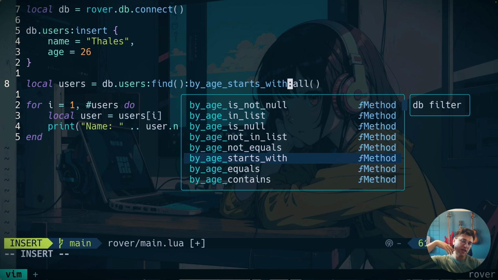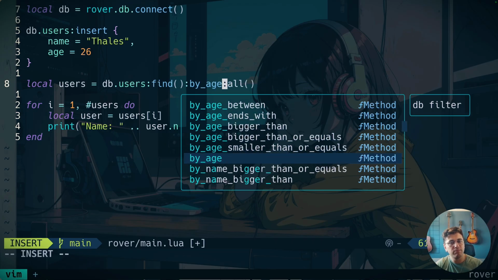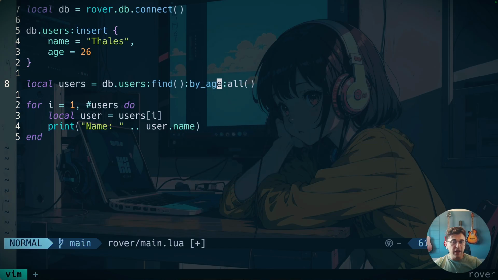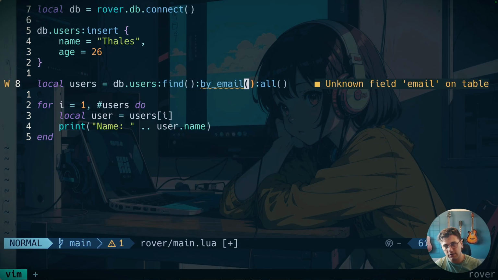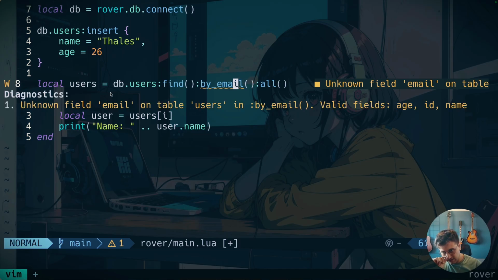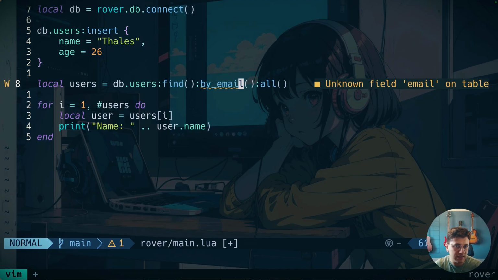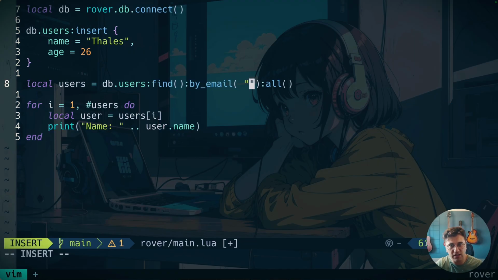Anyway, we can have a bunch of infrared types here based on the schema that we just created. And one cool thing, if we try to filter, let's say, by email, it understands that the email filter doesn't exist, because I'm trying to filter by something that we did not create yet. So what we can do is just say here that I want to filter by email. I want the email to be like